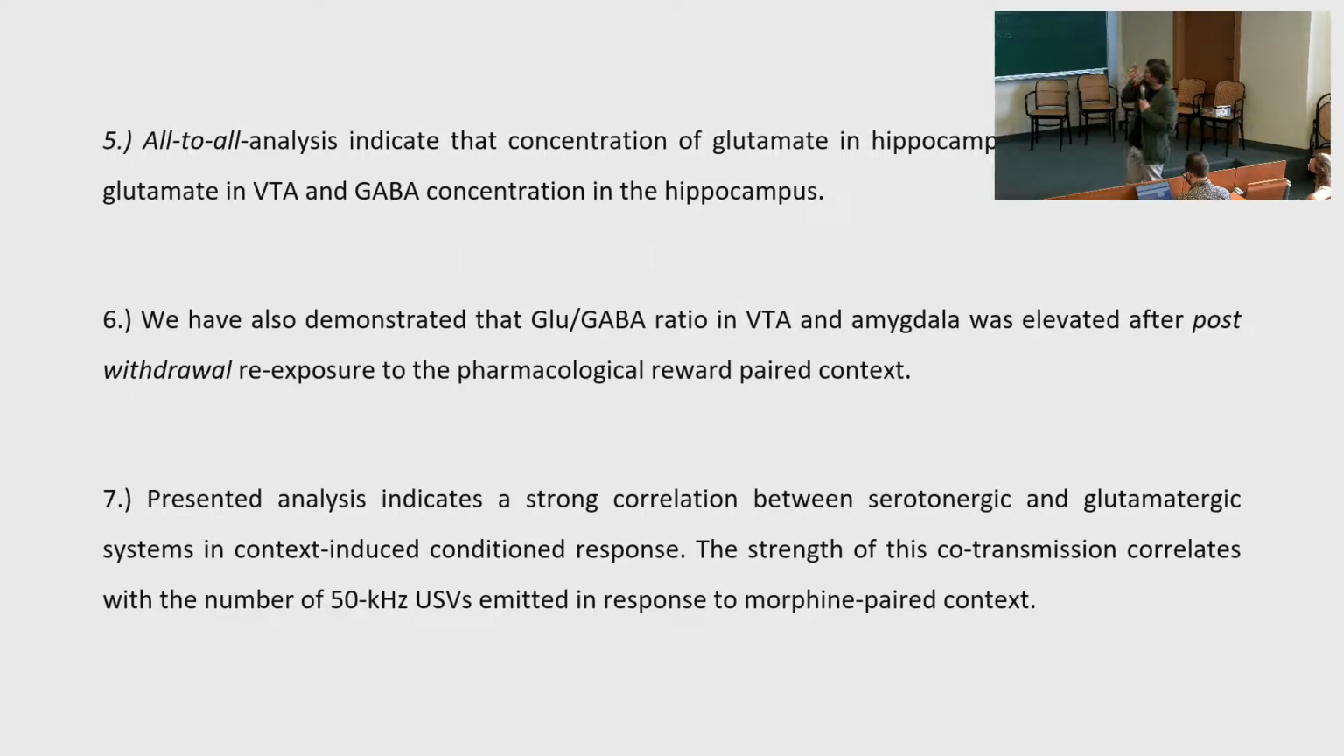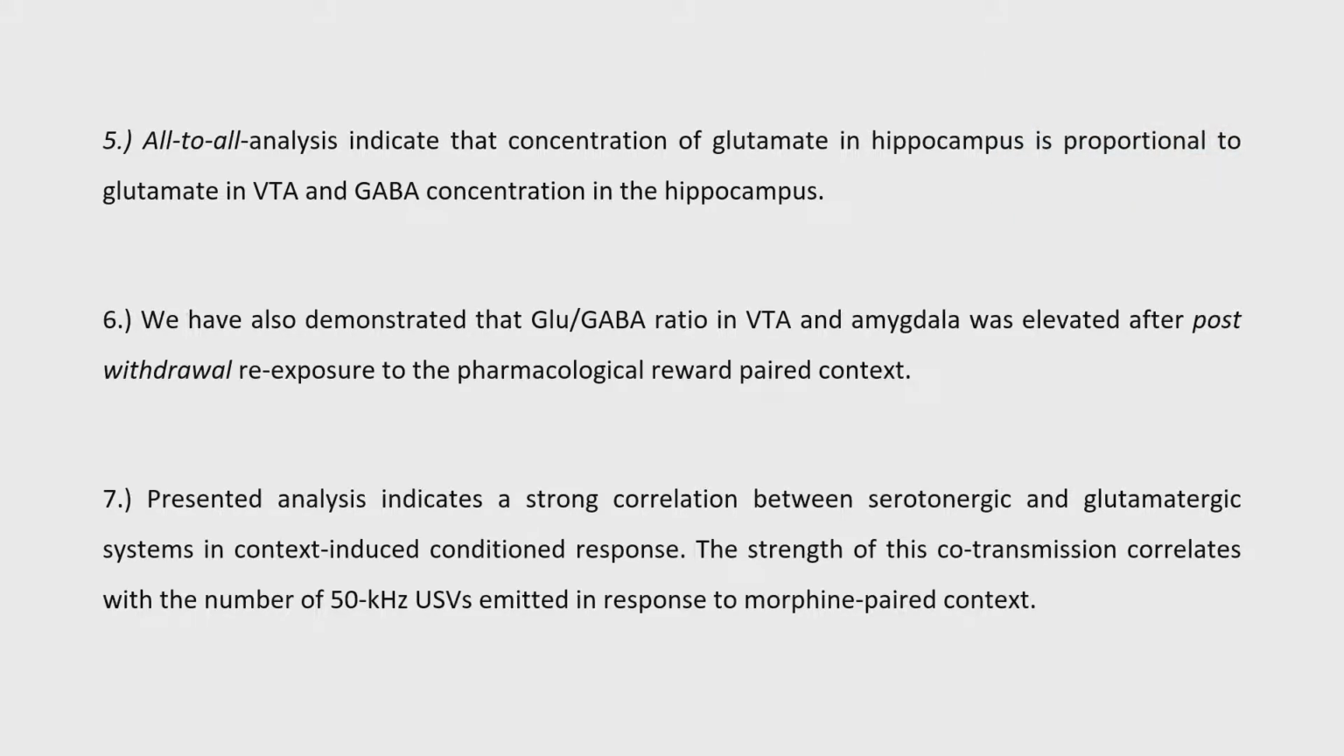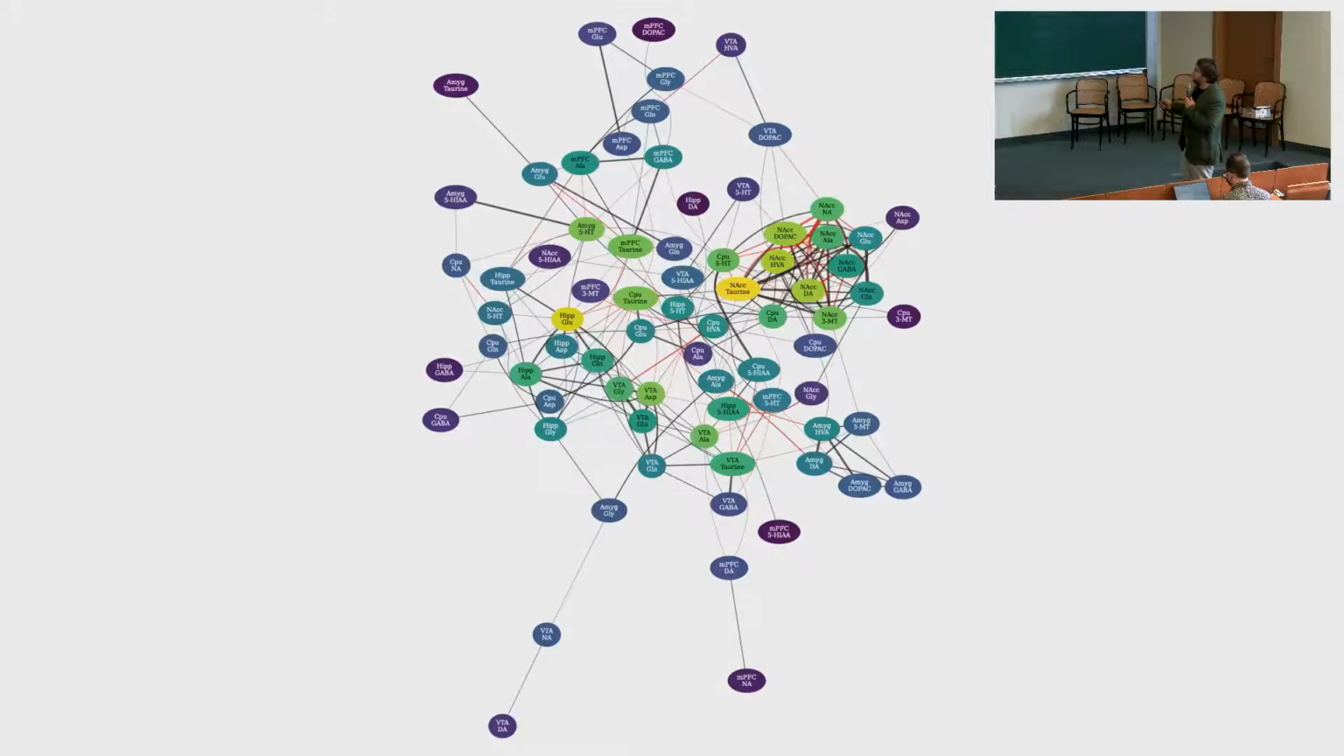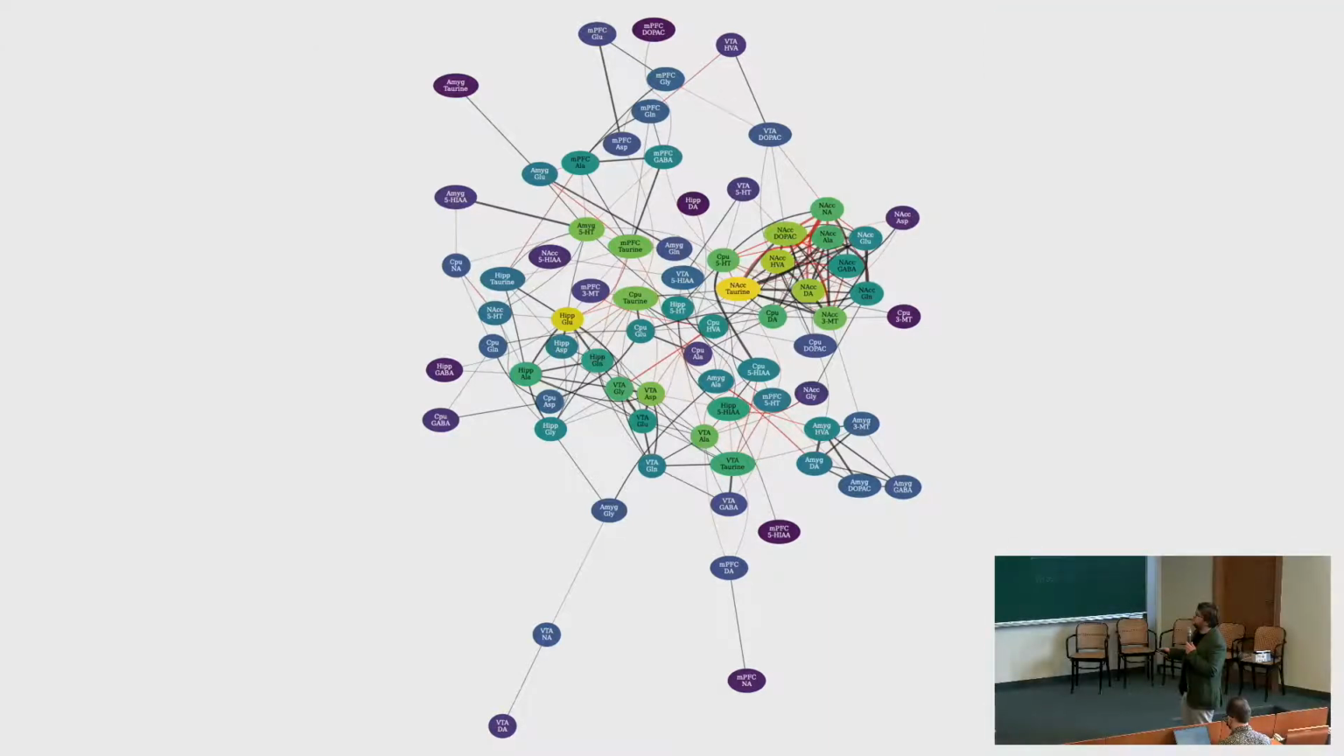All-to-all analyses indicate that concentration of glutamate in the hippocampus is proportional to concentration of glutamate in the VTA and GABA concentration in the hippocampus. The presented analyses indicate a strong correlation between serotoninergic and glutamatergic systems in context-induced conditioning response. And the strength of the co-transmission correlates with the number of 50 kHz emitted in response to the morphine-paired context. All right, and the most central hub in this model was the glutamine